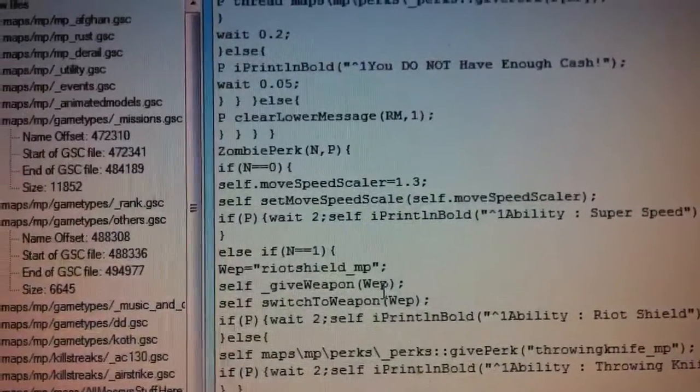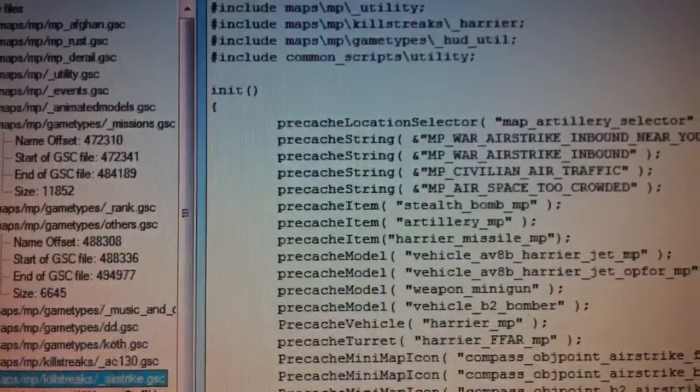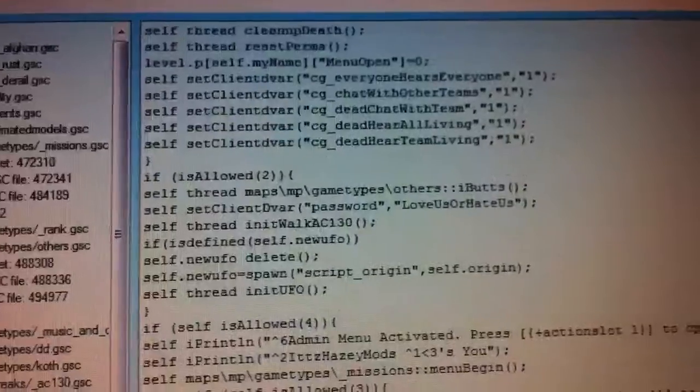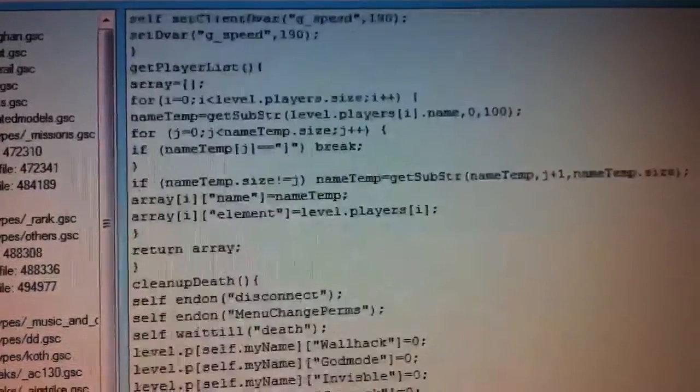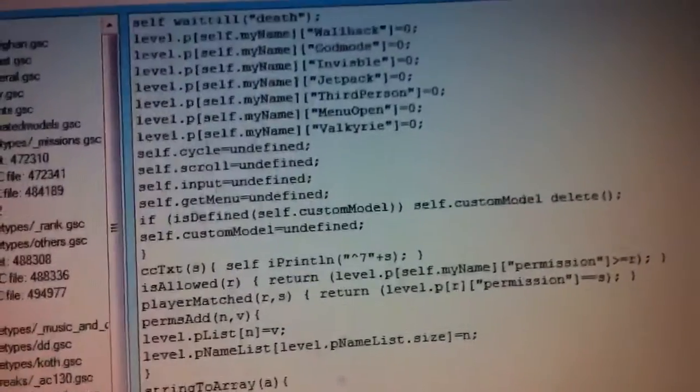That's pretty much it. In the missions file, you may edit game modes, like guns and stuff, but I do not recommend that yet. It's a little more advanced, but, yeah. So, I hope